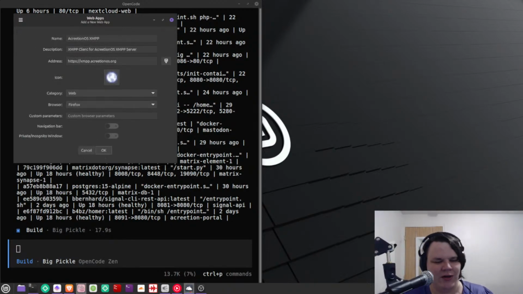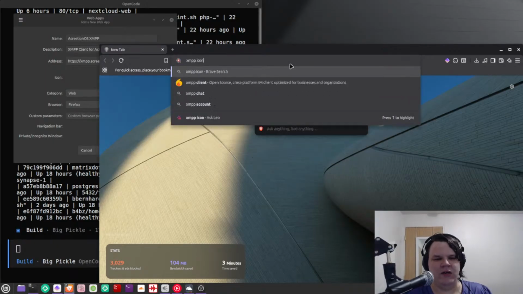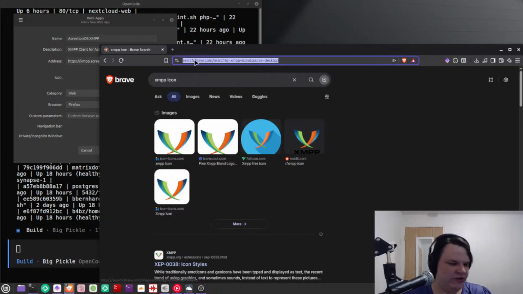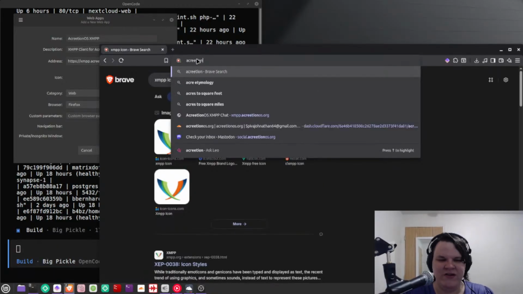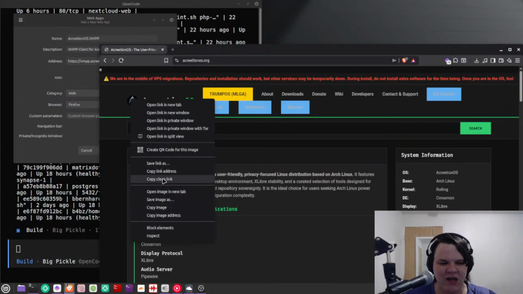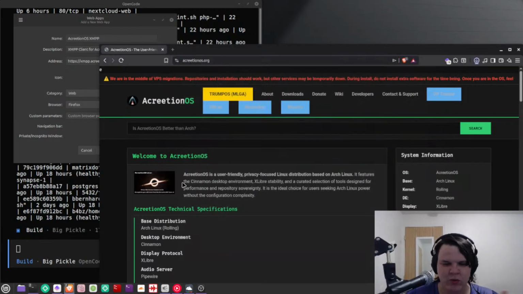We're gonna grab a different icon. How does that sound? So we'll go ahead and open up browser stuff. Drag you over here. XMPP icon. If I can't find a good one, I'll grab the Accretion OS. Yeah, this sucks. We're gonna go ahead and just grab the Accretion OS icon, and I'll show you what I'll do. Just because I'm me, I'm Nat. I enjoy this. I'm gonna hit save. We'll go ahead and hit the desktop. Pull up the WebP image.